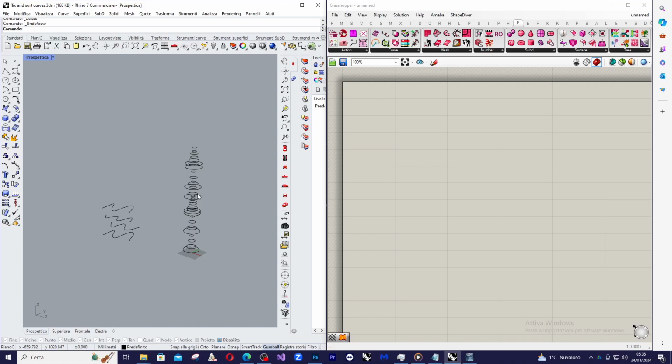Today we will talk about one of the components that I use much for avoiding some strange behavior of Grasshopper, and I show you the problem. Sometimes I have to loft some curves but I obtain some strange results. For example,